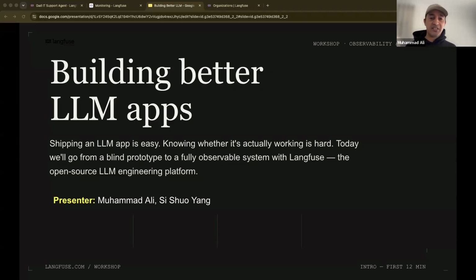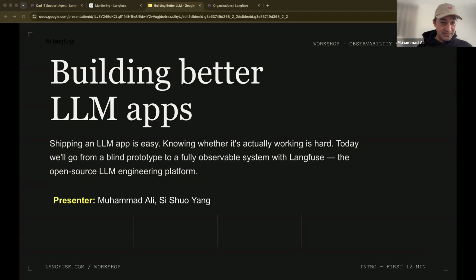Because of its non-deterministic nature, you really need to be confident that what you are putting out there is actually going to work the way you expect. And Langfuse happens to be the world's most popular open source LLM observability and evals platform, and we are going to learn it today.